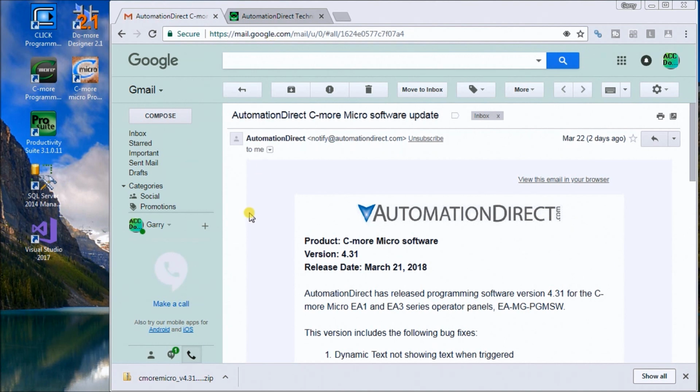4.31. Now if you haven't already done so, the best way to update any of the Automation Direct software is to sign up for the automatic update email, which will automatically notify you every time there is an update package available. So up on my screen here you'll see that I am in my email and it's telling me